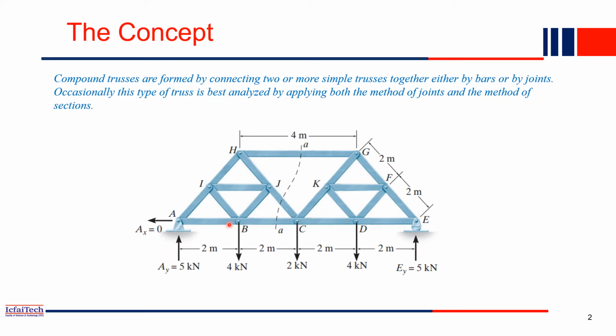External forces are already acting on this truss, for example these 4, 2, 4, all external forces. We know how to calculate the reactions at the two supports, as we discussed in the earlier classes. Using summation of all forces equal to 0 and summation of all moments about A equal to 0, using the equations of equilibrium, we can compute all the support reactions. Here all three external forces are vertical, so there is no horizontal force. That's why the horizontal reaction is also equal to 0.